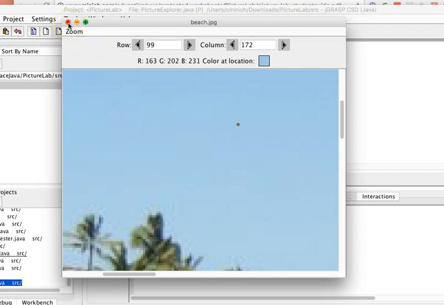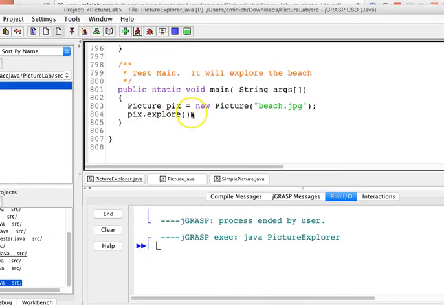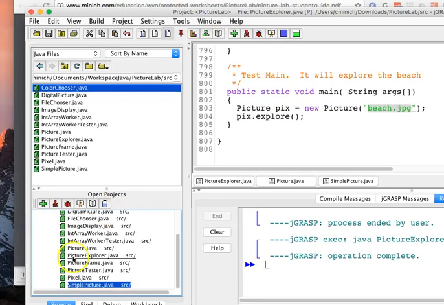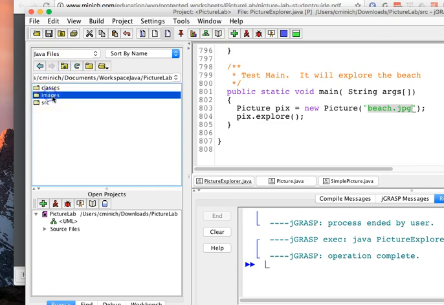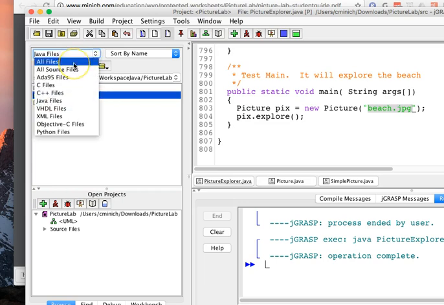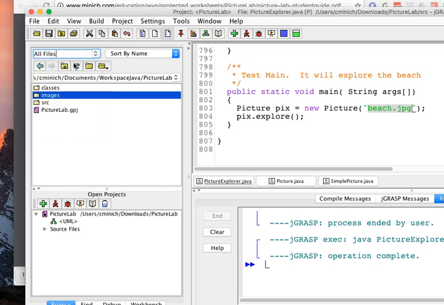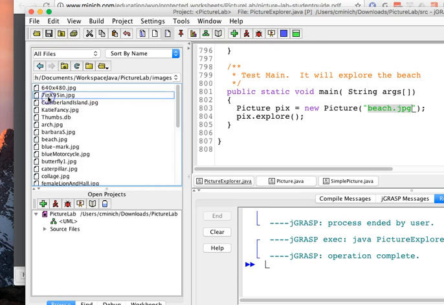Then she also, after closing this by clicking the red X, because she doesn't give me an exit menu command, she didn't bother. You can also swap in another picture. Now I'm going to come over here. Oh, I don't have a view of my images folder. So in this case, I'm going to browse into my images folder using this browser here. I'm going to change Java files to all files, so I'm sure to see the graphics and not just .java source code files. So now that I see all files, I can browse into images and notice that besides beach.jpg,